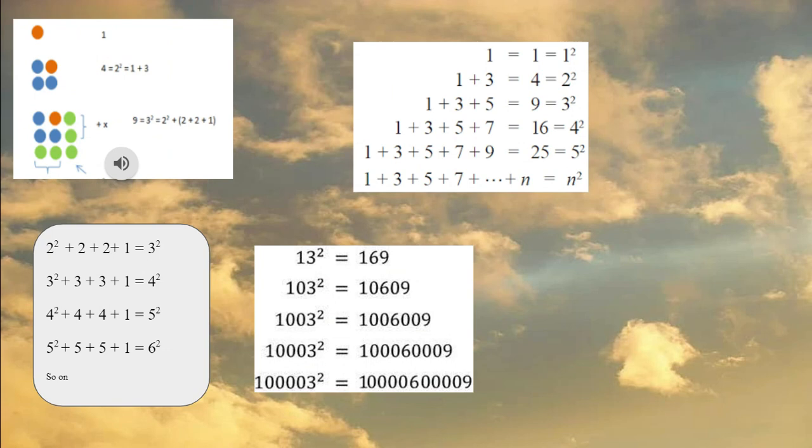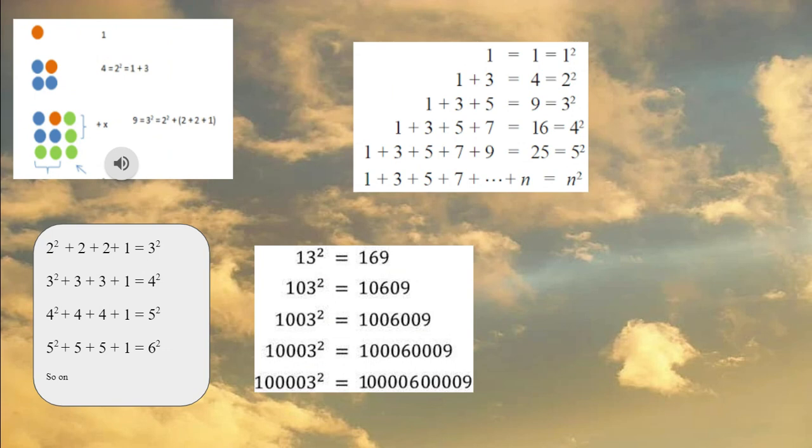Now in between we are adding 1 zero. So you can see that before and after 6 in the answer, 13 square is 169, isn't it? Now 103 square means there in between 6 is there. 169, 6 is there, and before and after 6, a 0 is added there. 103 square, 10609.